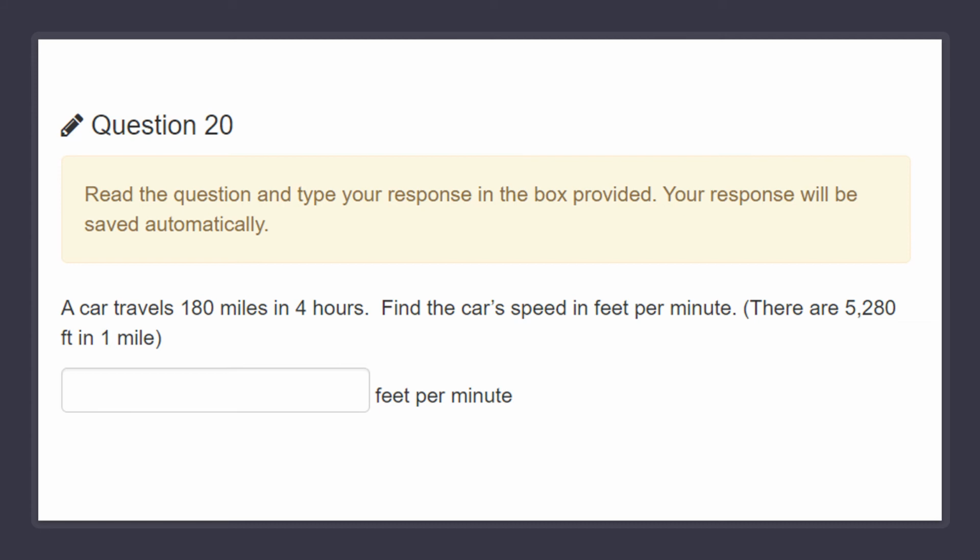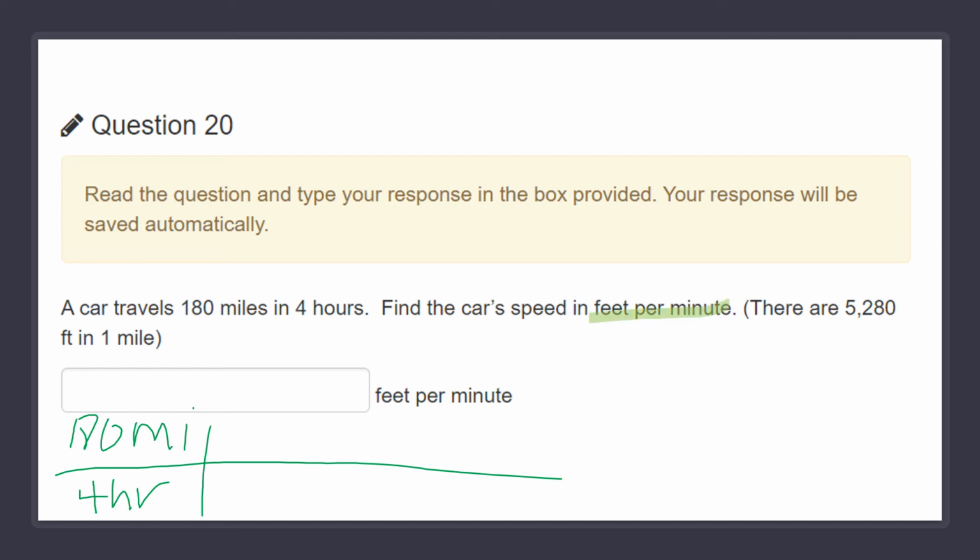Right, for this one, it says a car travels 180 miles in 4 hours. Find the car speed in feet per minute, and you're told that there are 5,280 feet in 1 mile. So we are going to start with 180 miles in 4 hours. And we're going to change miles to feet and hours to minutes because your goal is to do feet per